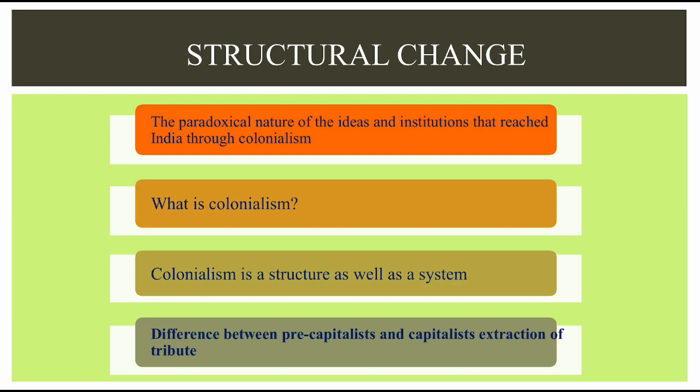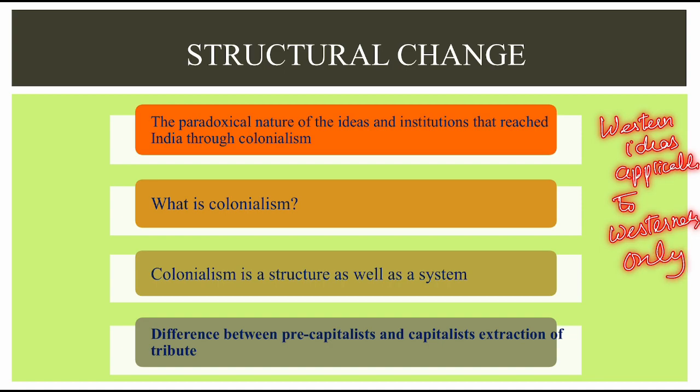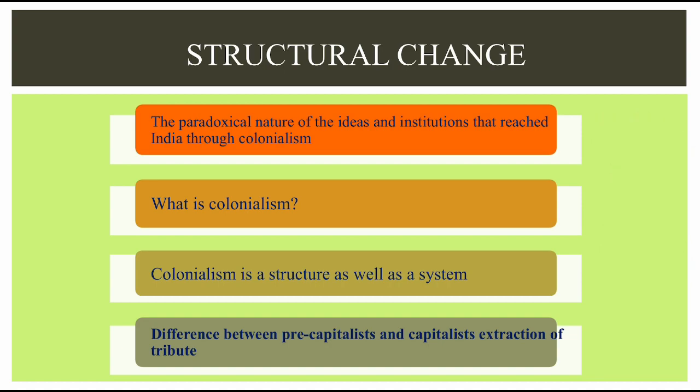Colonial rule resulted in the exposure to modern ideas and institutions. Yet, this interaction was contradictory or paradoxical. How, you might ask? Well, Western ideas of nationalism, liberalism, freedom, democratic rights were only applicable for the Western world and the Westerners, and were practically non-existent for the Indians living under colonial rule. These and other contradictions are responsible for shaping many structural and cultural changes in India.